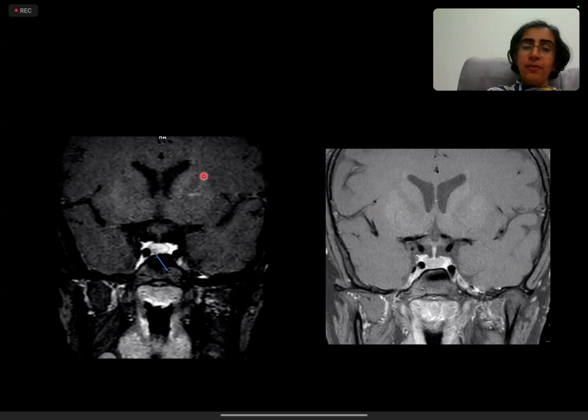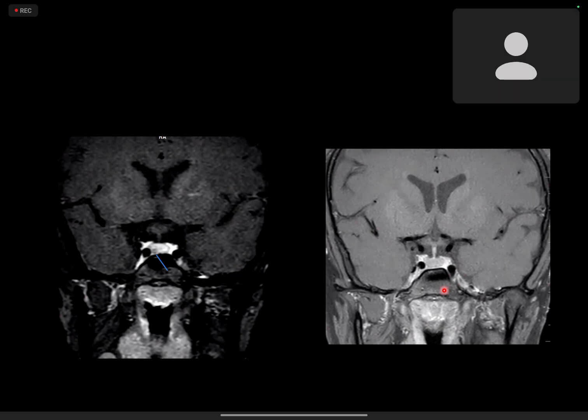Okay. This first image that you have just described is a dynamic post-contrast image. And the second image is a routine T1 fat saturated thin coronal image. So what does this show? Please continue. Ma'am, on the routine T1 sequence, you can't see the adenoma, but on the post-contrast sequence, since the pituitary enhances rapidly in the early post-contrast dynamic sequences, the microadenoma does not enhance. So that's why it appears hypo-enhancing.